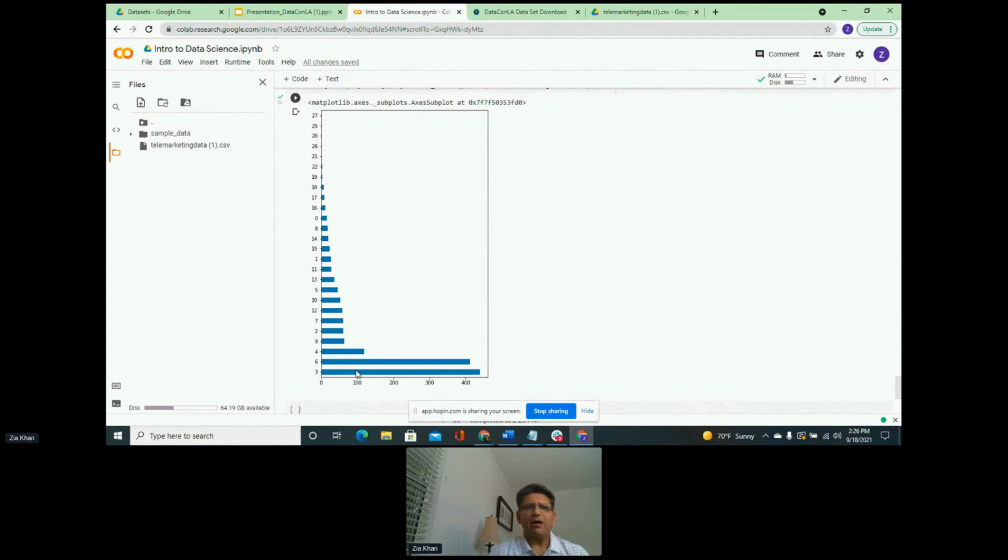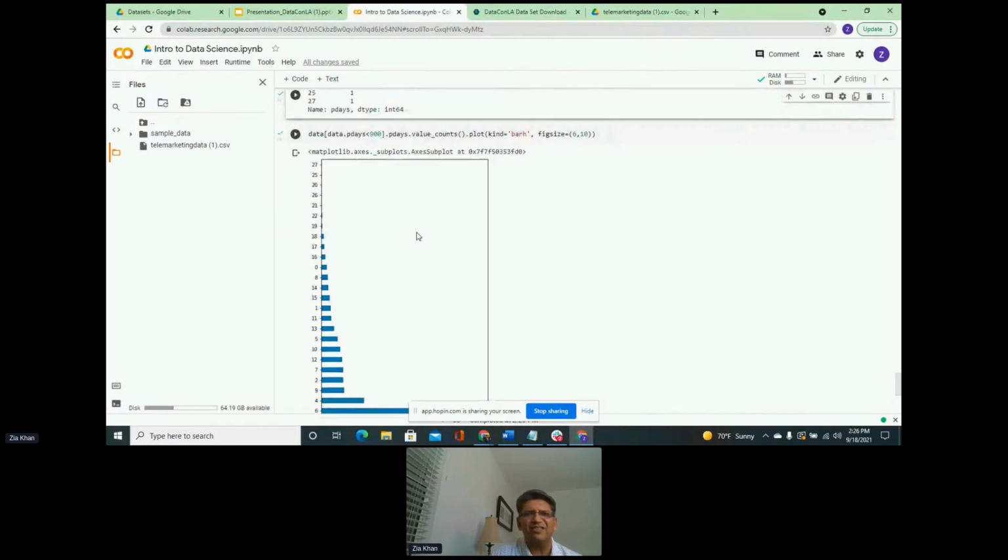So this is how you can use the matplotlib library from Python to actually analyze the data and try and see if you can find some kind of information or insight from your data, something that you can report back to your team, to your managers, and say, okay, this is something I found in the data, and this is what I believe is going to be very helpful for our team.